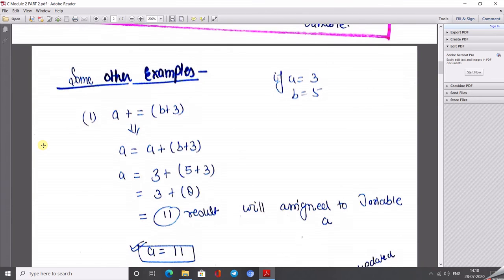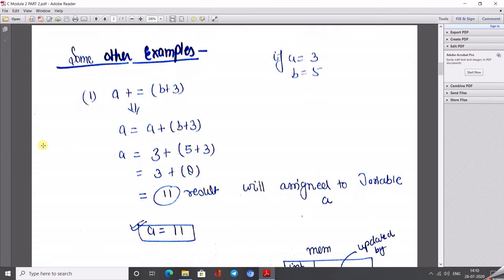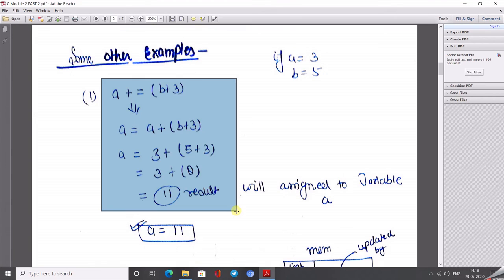Exactly how it performs the operation, we can see here. The values a and b are given: a is equal to 3 and b is equal to 5. Just take an example. Here I describe the mathematical way of this expression. The statement given is a plus equal b plus c.